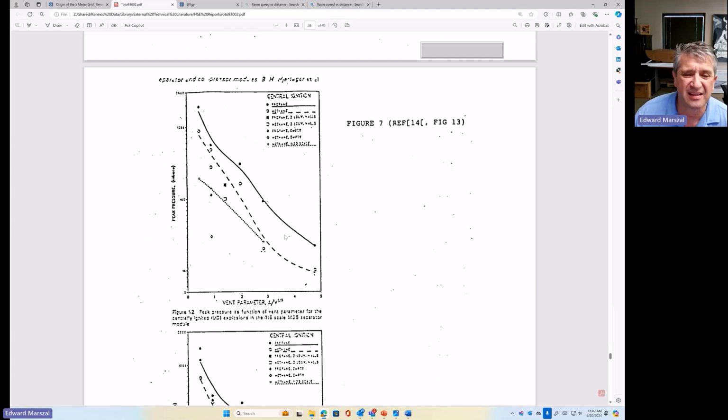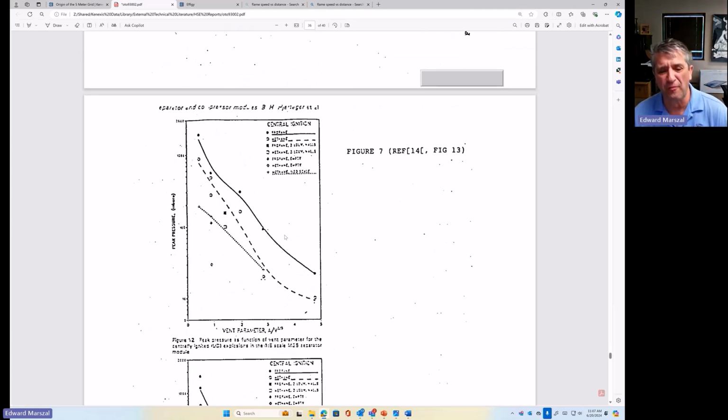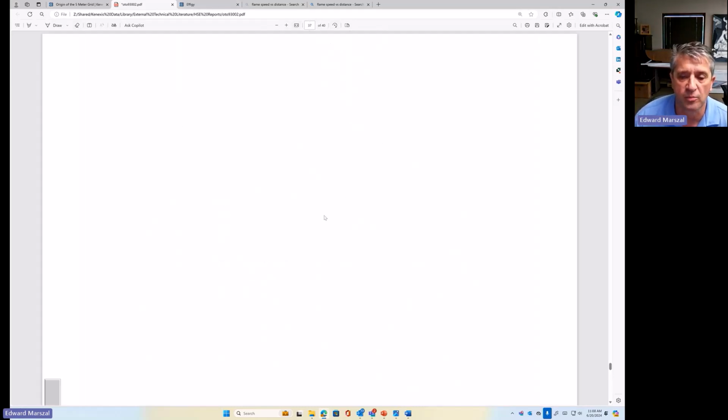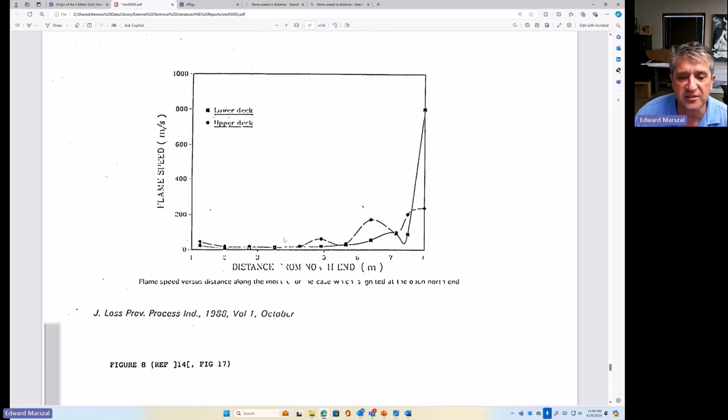Yeah, the information here is a little bit dense. You're probably not going to be able to make a lot of, oh, this is the one I'm looking for. So this is a good one. Let me rotate this one more time. So I kind of showed you my hand drawing of flame speed versus distance, but this drawing really